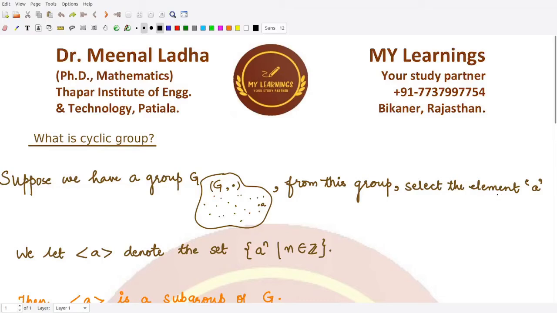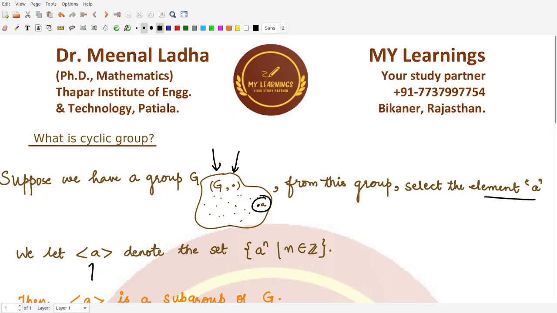In this video we'll be looking at cyclic groups. So first of all we have to see what cyclic groups are. Suppose we have some group, right? This is the group where the set is represented by G and the operation is given to be the multiplication operator. From this set G, we pick up one element which we call A, right? So we select an element A from it